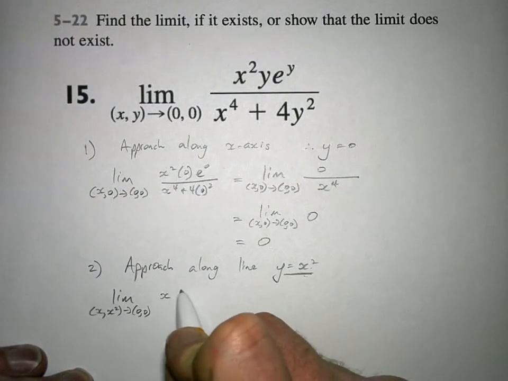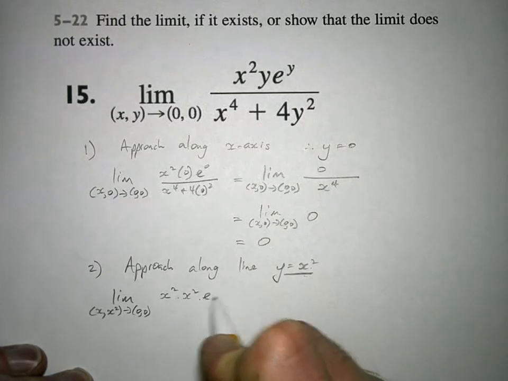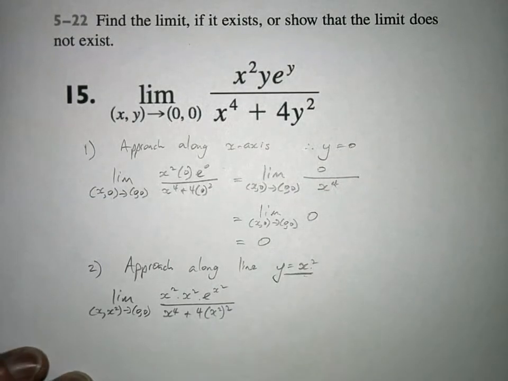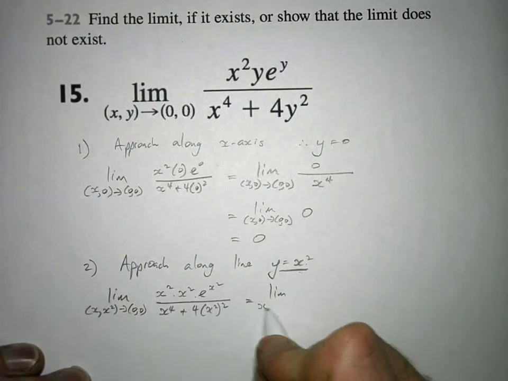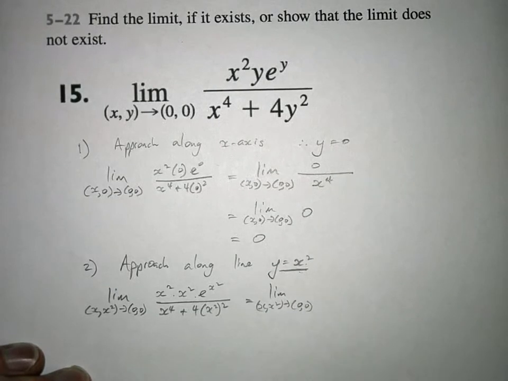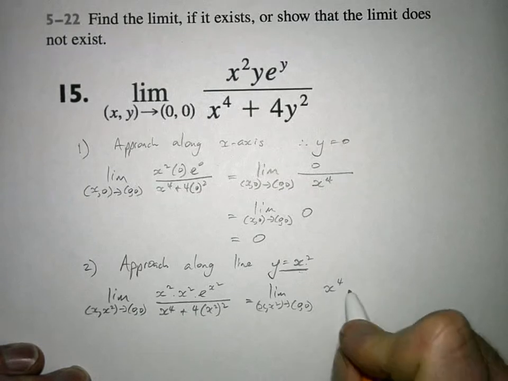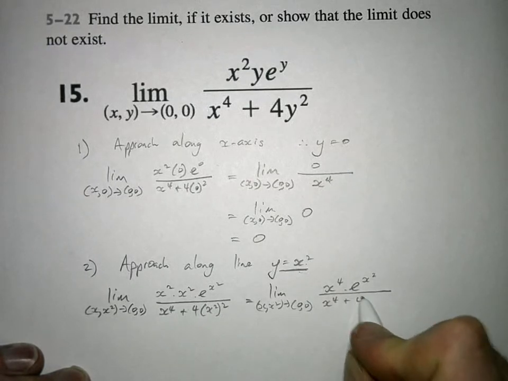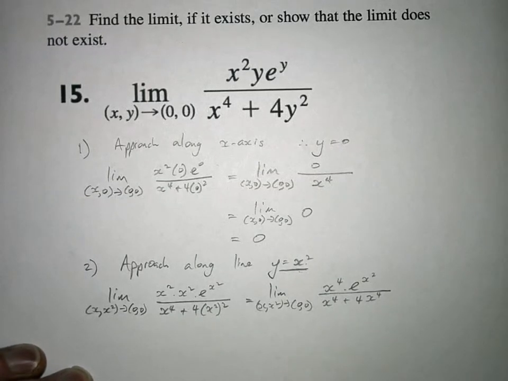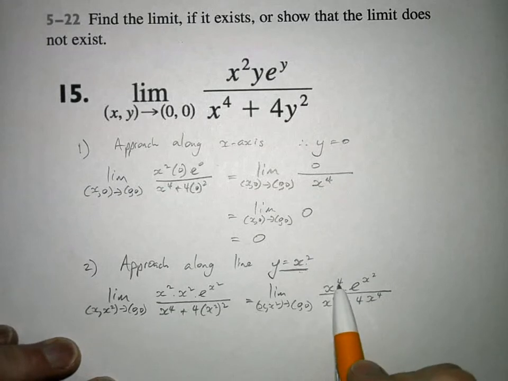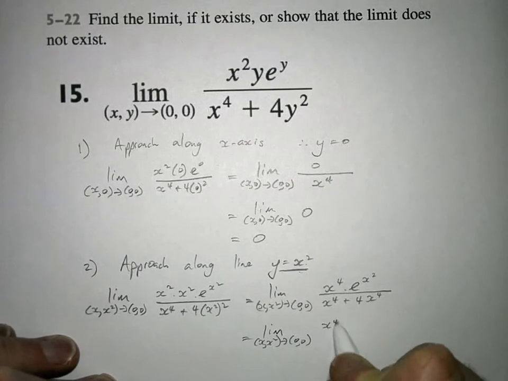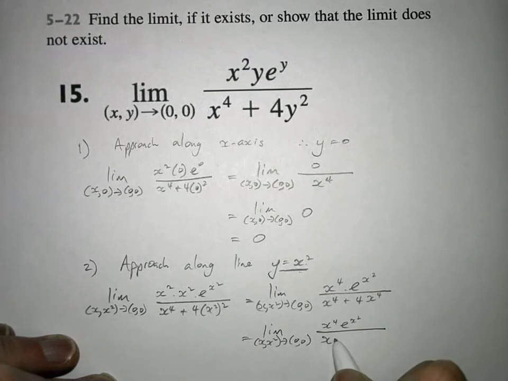So we get the limit of x squared times x squared times e to the x squared all over x to the 4 plus 4 times x squared, squared. And of course that's equal to, if we simplify things a little bit, the limit as (x, x squared) approaches (0, 0) of x to the 4 in the numerator times e to the x squared, all over x to the 4 plus 4x to the 4. Now you can see why the choice of y equal to x squared was quite good, because we end up with a whole lot of x to the 4s. And if we factorize out an x to the 4 from the bottom, we end up with x to the 4 e to the x squared all over